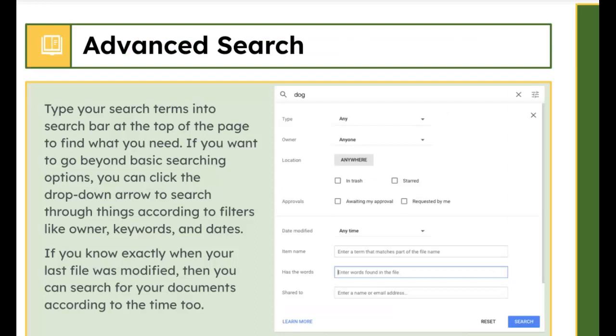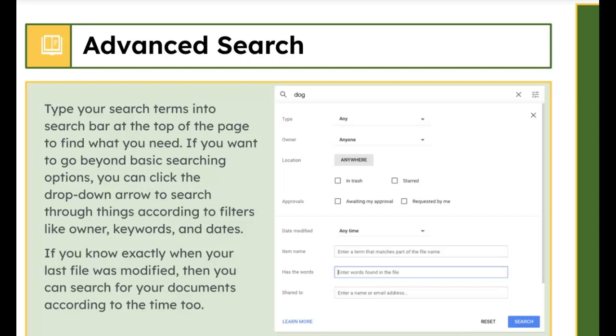As we wind down here, one of the other overlooked ideas in Google Drive is the advanced search. While this won't necessarily organize anything for you, it is the solution to finding documents or files that are important to you. Don't forget that you can do that at any point. This might also help you to find files so that you can organize them a little bit better. But should you just want to find something quickly, the advanced search bar does provide many opportunities.